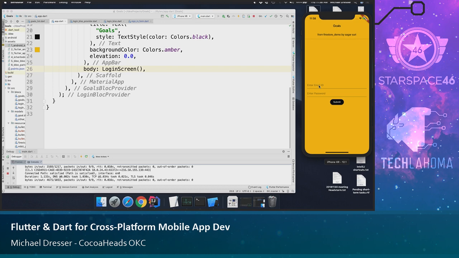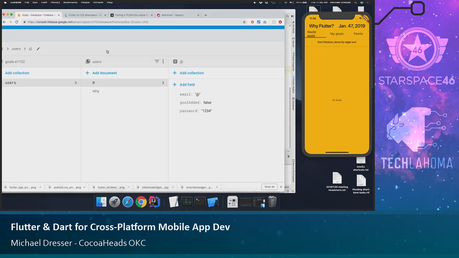So just briefly, what this app is about is to enter an email address. You'll notice this is not much of an email address, and a password, and submit that.